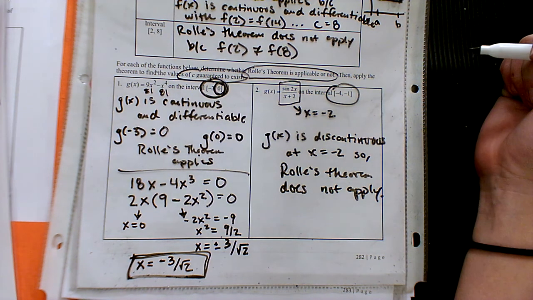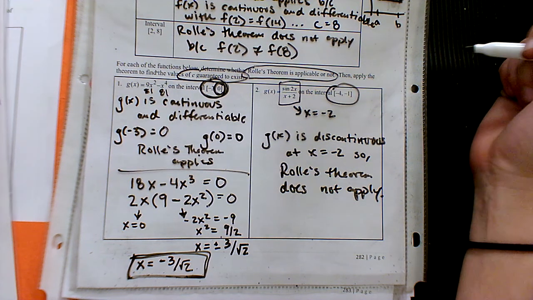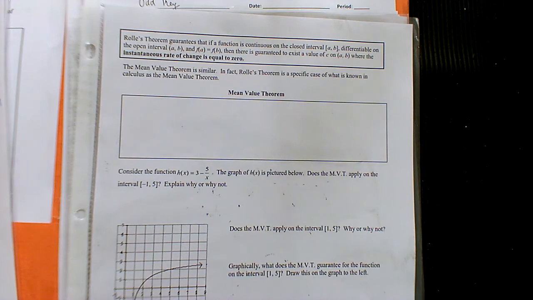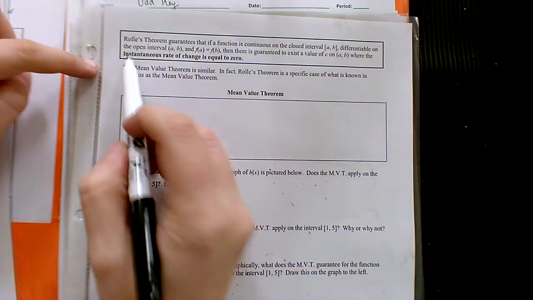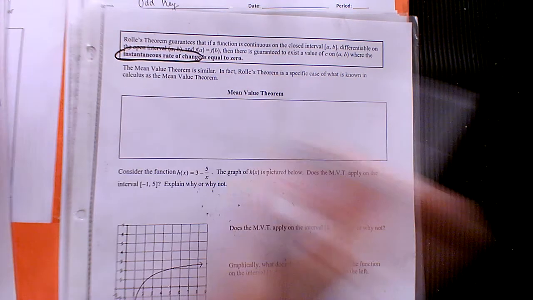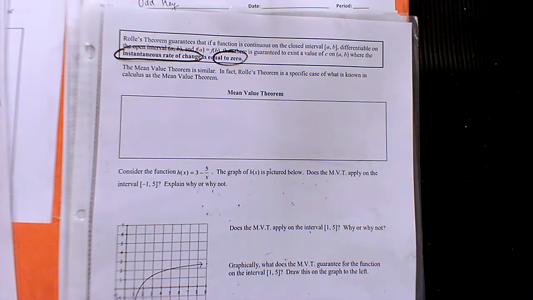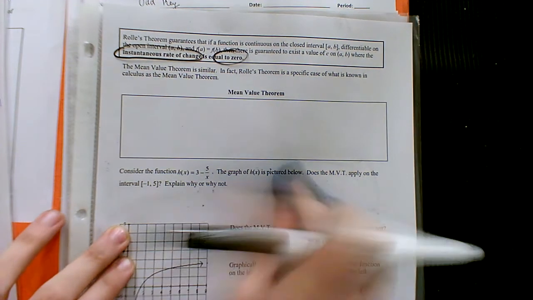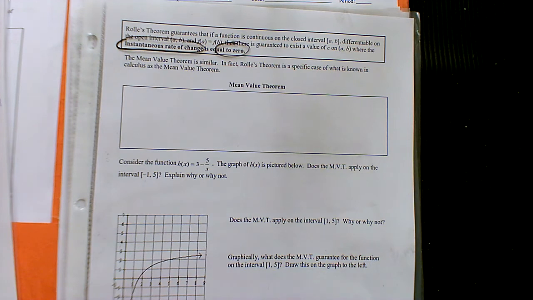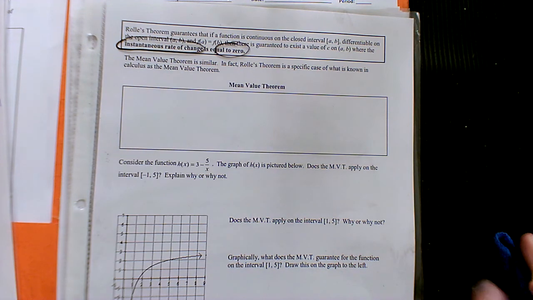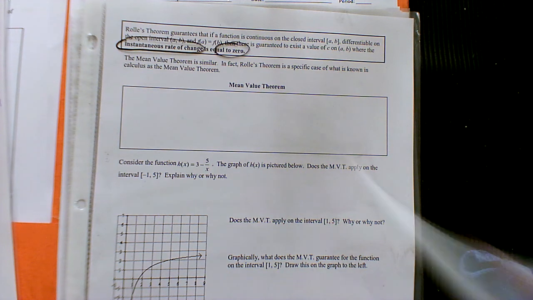How are we doing with Rolle's? Pretty simple. Continuous, differentiable, endpoints match. Okay, so in relation to the rate of change that we were discussing at the beginning, Rolle's theorem is basically telling us that the instantaneous rate of change, aka the derivative, is equal to 0, a specific number. And the mean value theorem is a little bit less specific. It's going to look very similar to Rolle's, but it's missing one of the 3 criteria, which means there's only going to be 2 that we have to check.